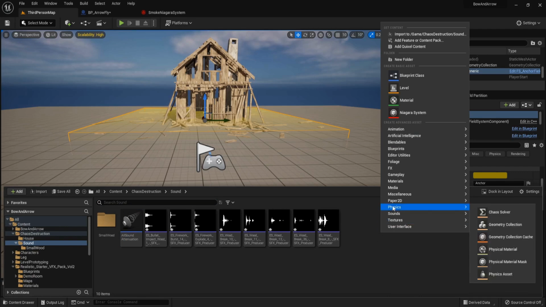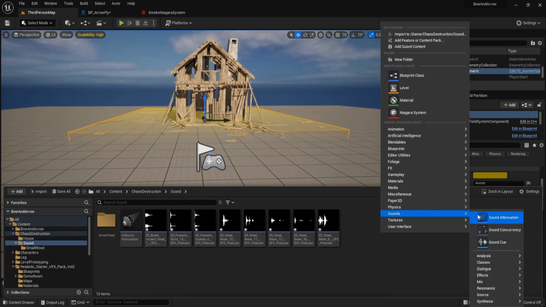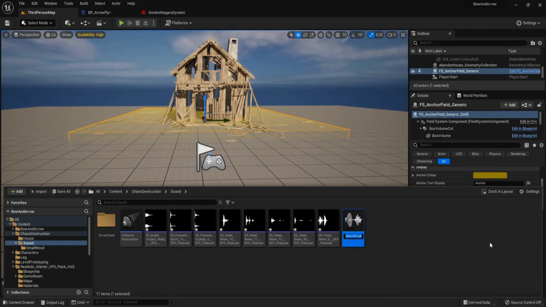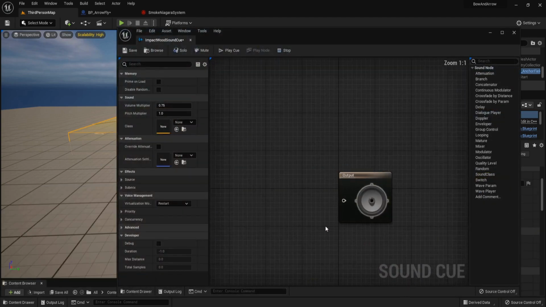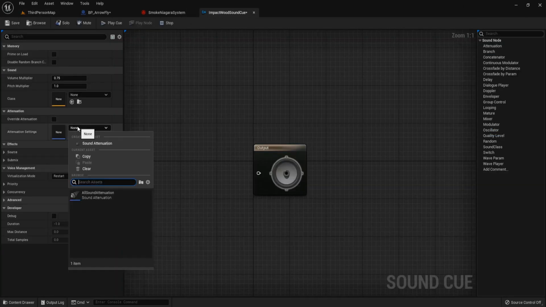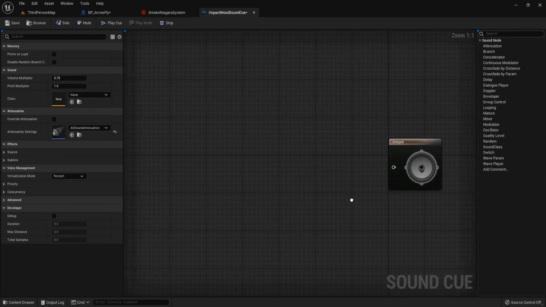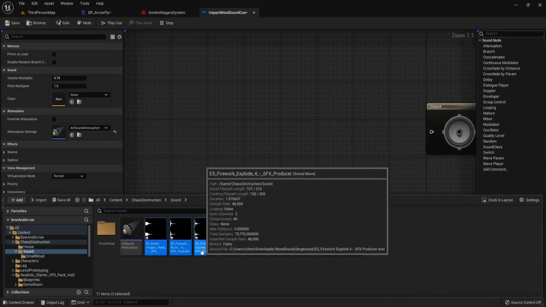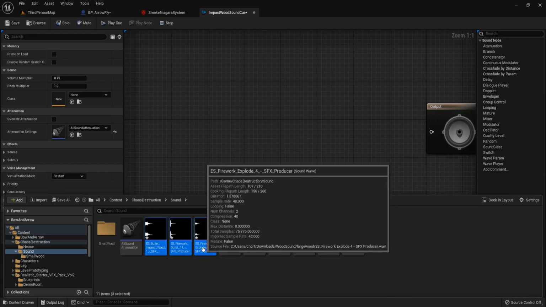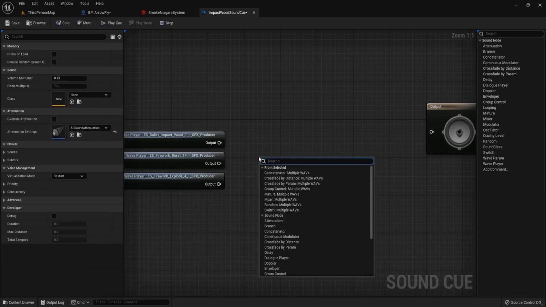Right click, sound, sound cue. Name it impact boot sound. We create this sound cue because we want to merge the sound together. Attenuation setting, choose all sound attenuation. Drag this, find a wood sound, bullet impact boot, and mixer.